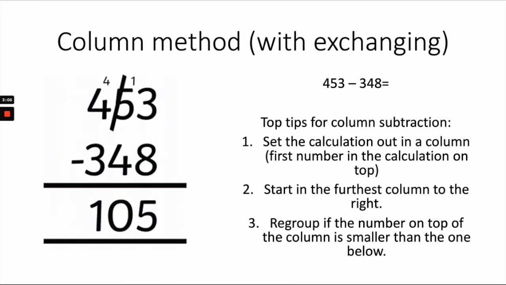So when subtracting using the column method and having to exchange, the children still need to place the first number in the calculation on top and the second number below. They still need to start in the furthest column to the right. Here in the ones column we have 3 and 8, and as 3 is less than 8 and 8 is greater, the children will need to move to the column to the left and